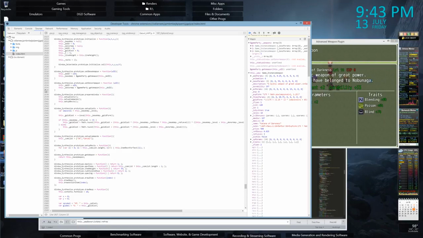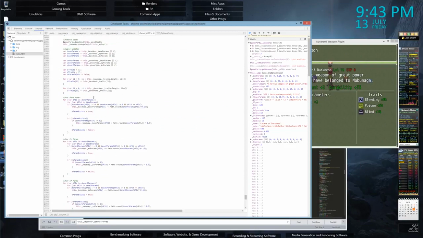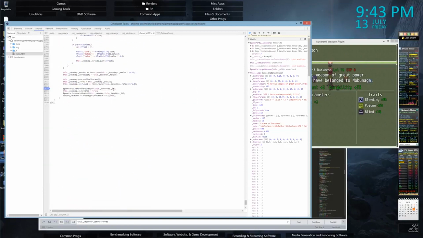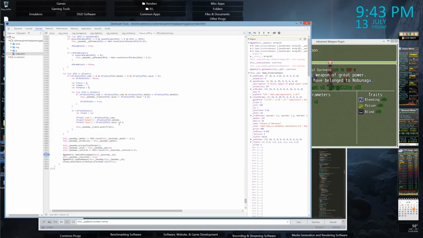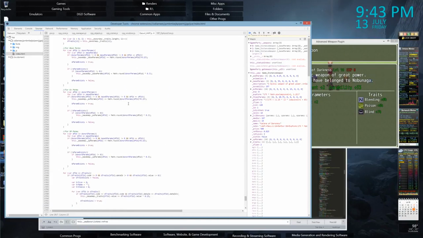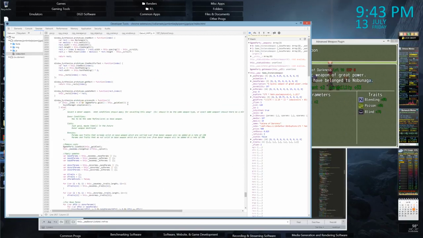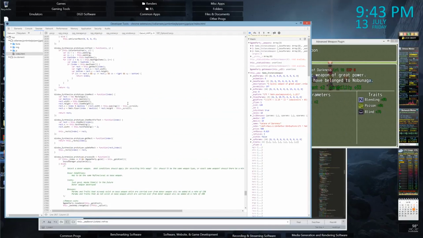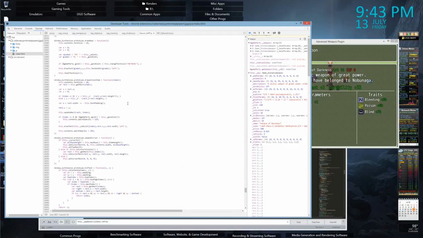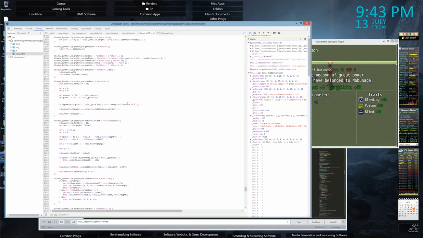So set base weapon, set donor weapon. Are we re-initializing or setting donor weapon somewhere? I don't think so. Just up here on the set